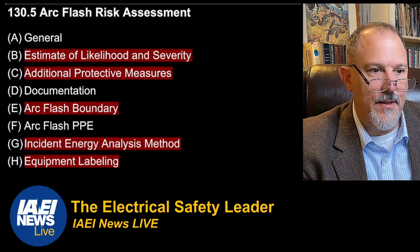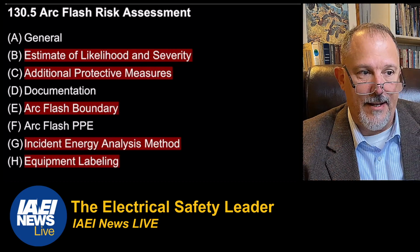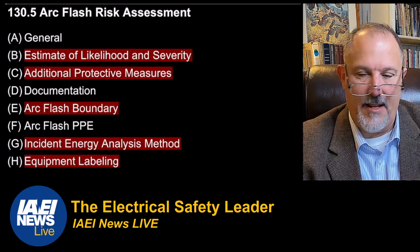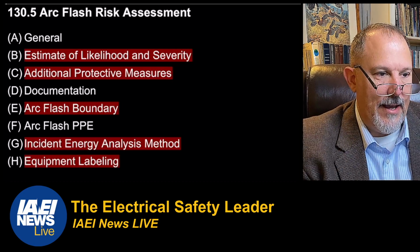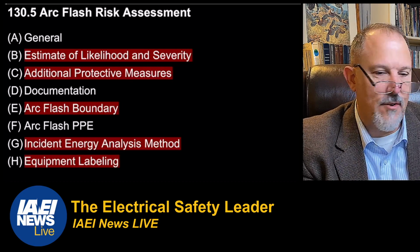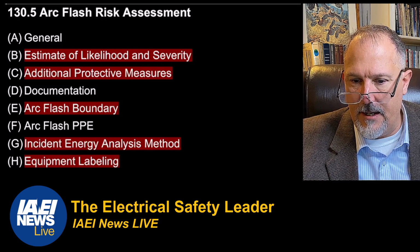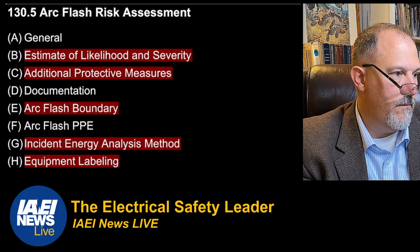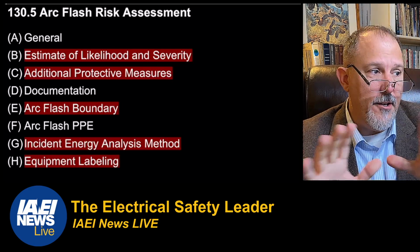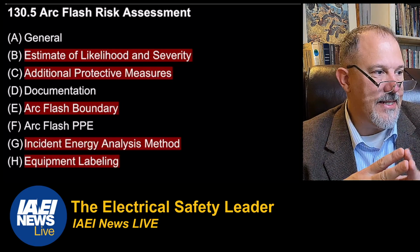What they did do in the second draft was they, again, added that word electric shock protection in note C to the table in G. Now, H, no changes in the second draft. All the changes were in the first draft, and all they did in H was add, not a note, they added text that basically says,